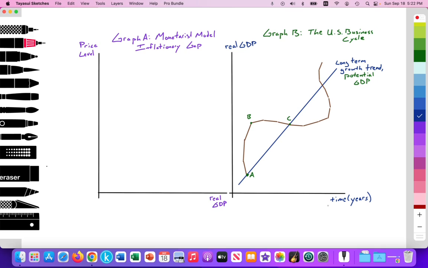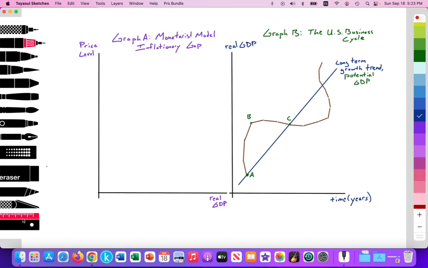The business cycle illustrates time on the x-axis and real GDP on the y-axis. So we have the boom and the bust cycle of any economy. A to B to C would be an inflationary gap, and then this downward curve here would be a recessionary gap, which I'll go over in my next video. And then we can collect all that data, unemployment data, GDP data, inflation data, and develop a trend line, here the long-term growth trend, or potential GDP, on average the amount of goods and services we are producing, and on average the level of unemployment and inflation within that economy.